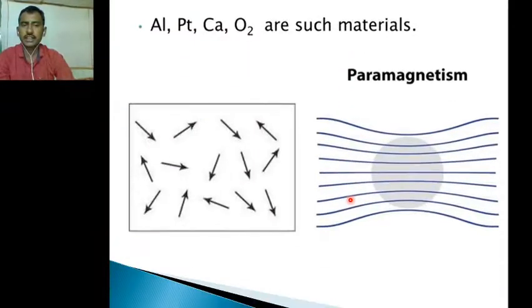some other lines are outside the magnetic material. So what are the various types of paramagnetic materials? Aluminum, calcium, oxygen, etc. are paramagnetic materials. In these, the dipoles in the material are not uniformly aligned, and the field lines in paramagnetic materials are such that some lines are present in the material and some lines are outside the material. So that's why it has a weak magnetic field.